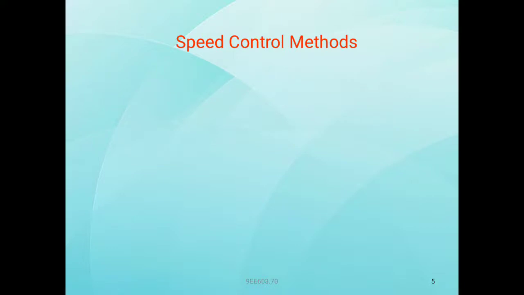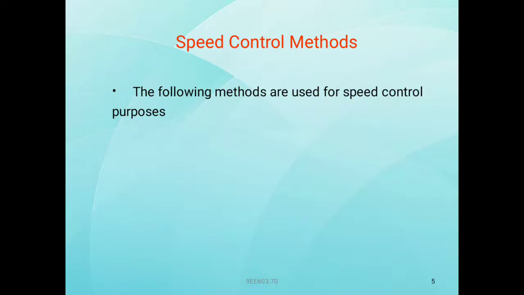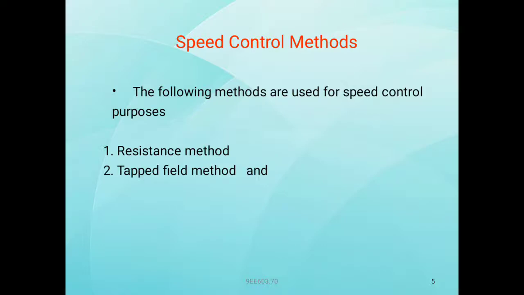Now the speed control methods. The following methods are used for speed control purpose. One is the resistance method, another one is the tapped field method, and another one is the governor method. So the speed control methods are the resistance method,